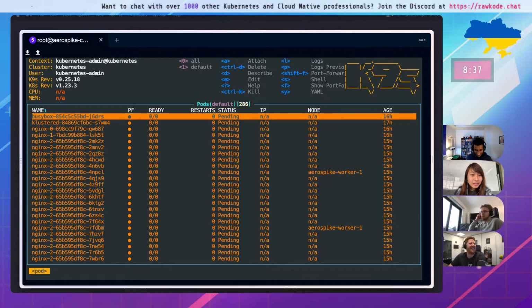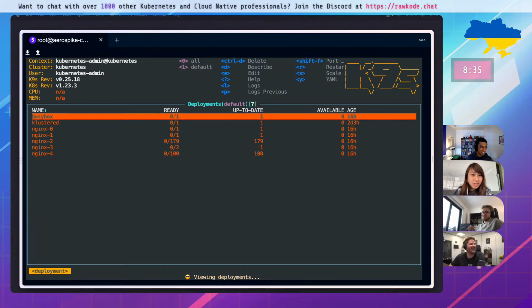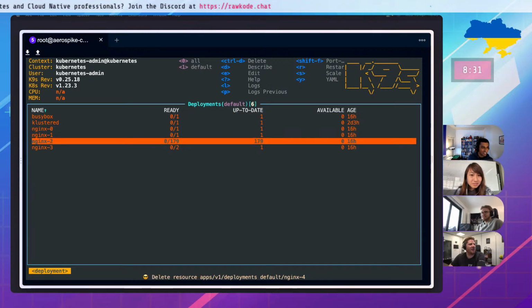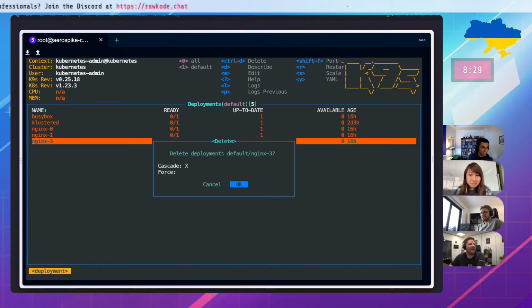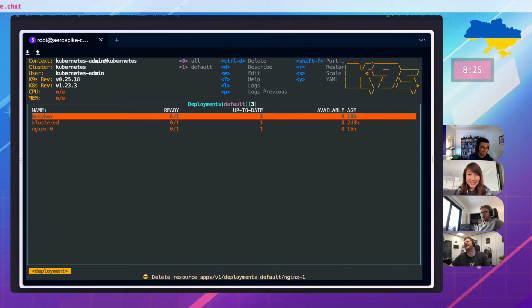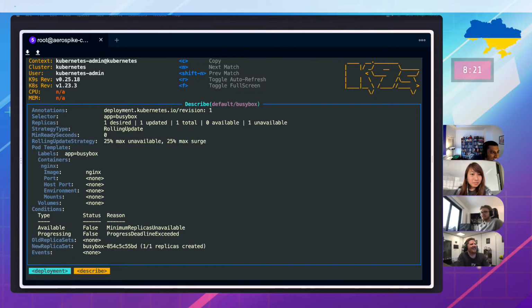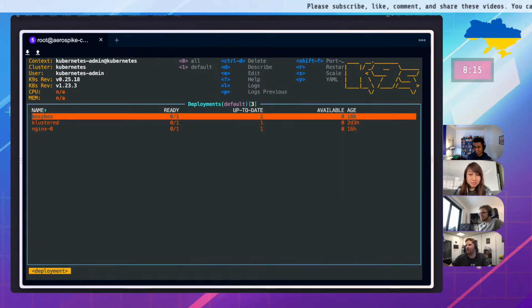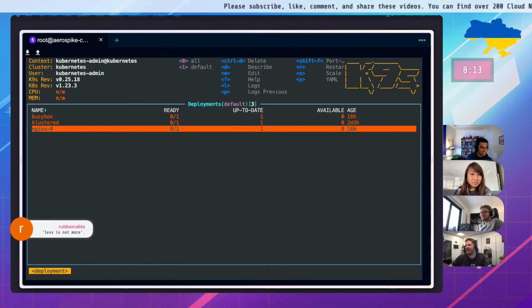Oh, there's probably a deployment that's like, just scale down Nginx, the replicas. Oh, 179 requested. I think you're just in there. Just delete, like, go away. We don't care. Oh, I get Nginx 0. What is BusyBox doing over here? 0? Yeah, Rubber Cable saying this is the less is not more. Yeah, there was a hint about that, wasn't there?